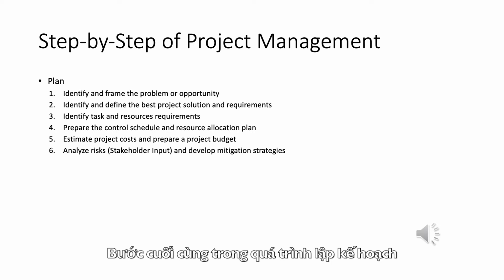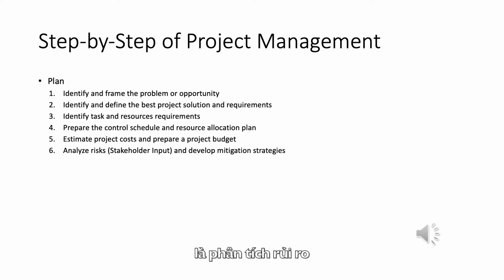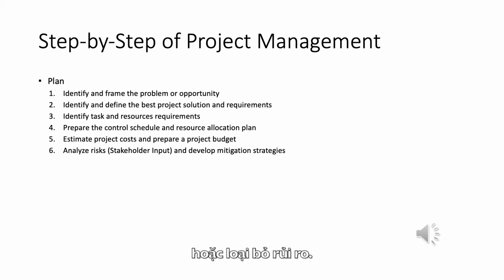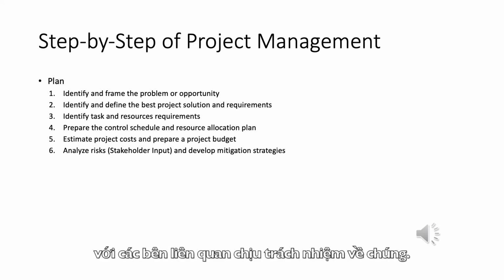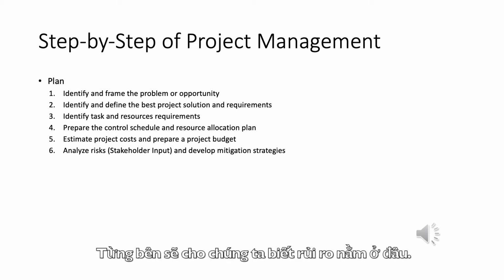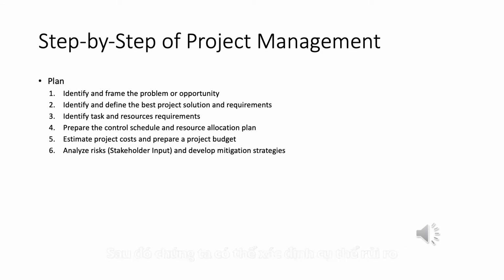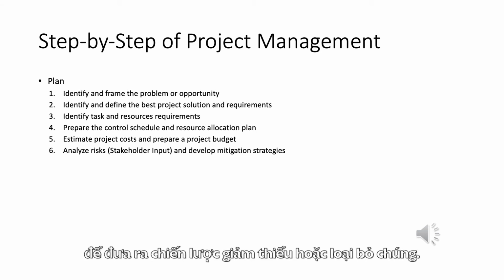The last step in the planning process is to now analyze the risks and to develop strategies to either mitigate the risk or eliminate the risk. The way we establish the risks of the project is to go back and look at each and every task and discuss those tasks with the stakeholders who are responsible for those tasks. Each stakeholder will tell us where they believe they have risks. We will then be able to understand exactly what those risks are and then to come up with our mitigation